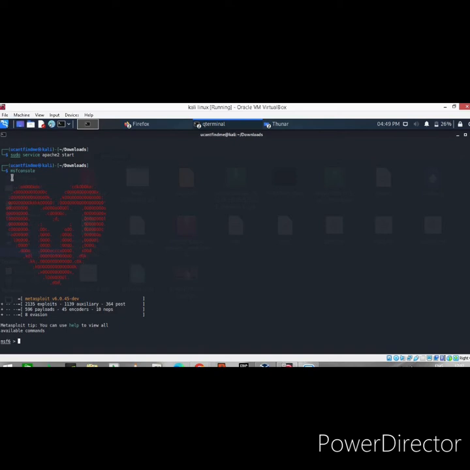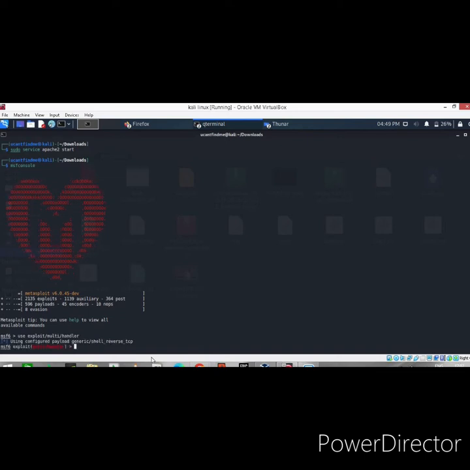A listener would be set in msfconsole. You need to type msfconsole in Linux, and then you need to type use exploit/multi/handler. Use exploit multi-handler. So now here I need to set, wait a minute, I will show it in a clear way. Here now I need to set the payload which I used. That was the -p. You remember it? At the starting I set a payload. So that was